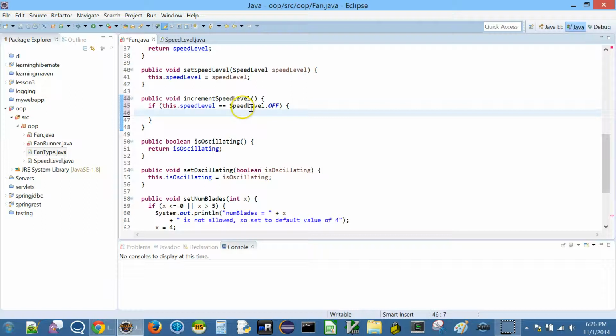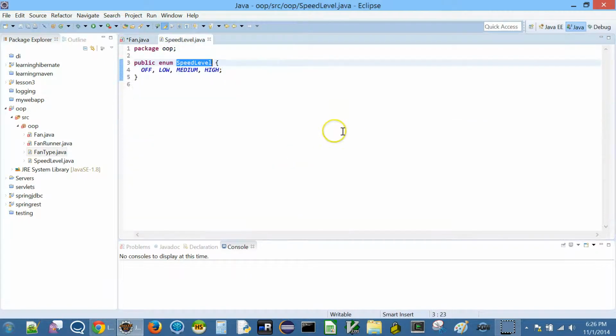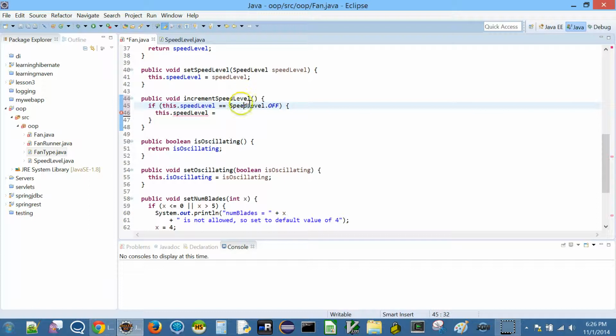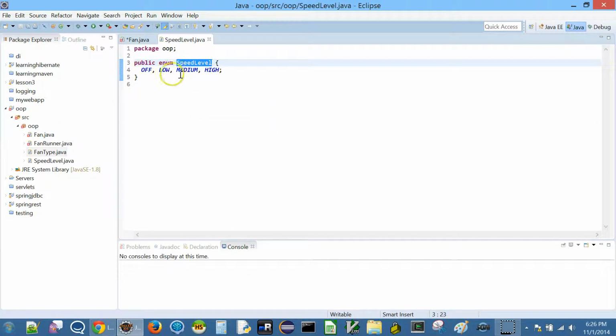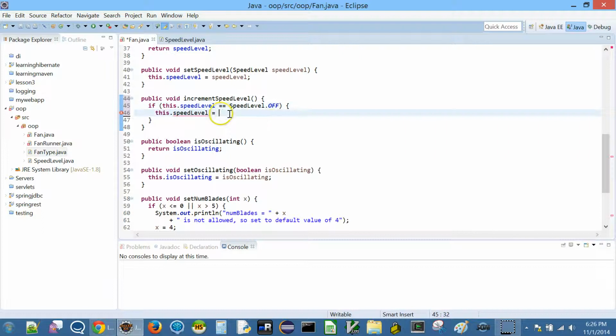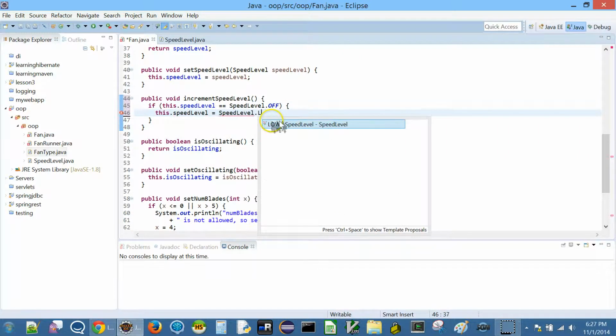But whenever I say this, it means the current speed level. Remember, we are just changing this method, which means we want to increment it to the next level. If this speed level is off, then we are going to set it to the next higher level, which is what? Let's go here. Again, you can press here and then press F3. You would go to the class file. So after off is low, so I'm going to set it to speed level dot low.